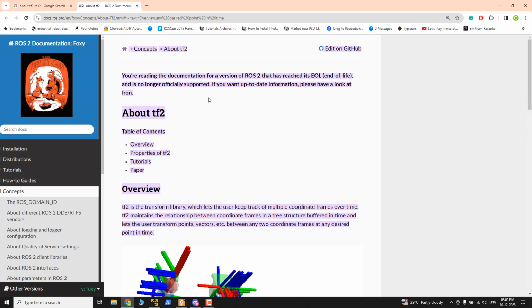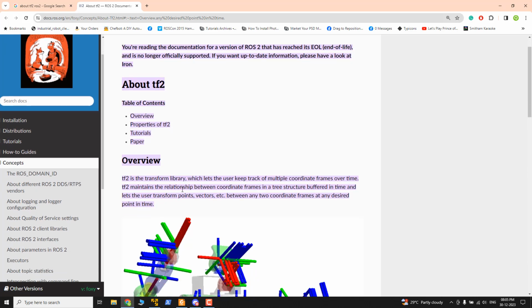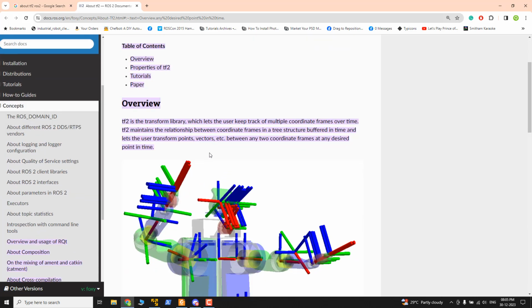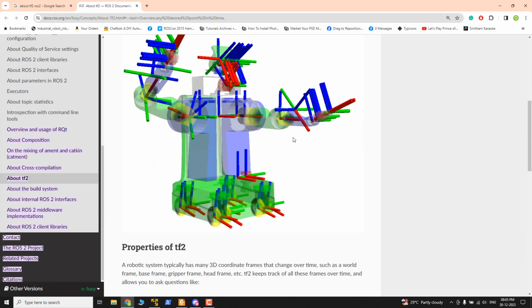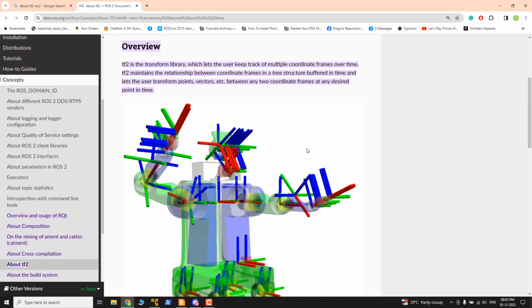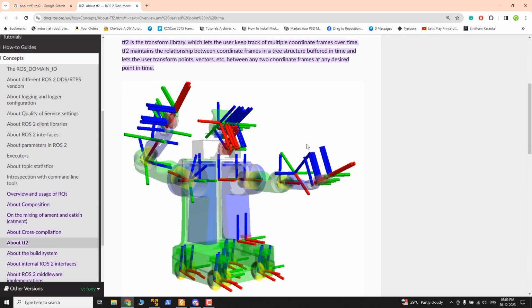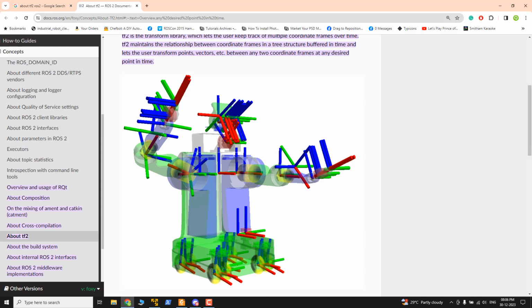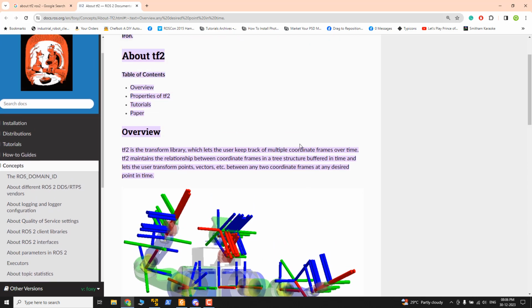So the documentation that we are referring to is for Foxy. But the concept is the same. I think we have seen the same image or diagram in ROS1. So basically the TF library in ROS, whether ROS1 or ROS2, is for keeping track of